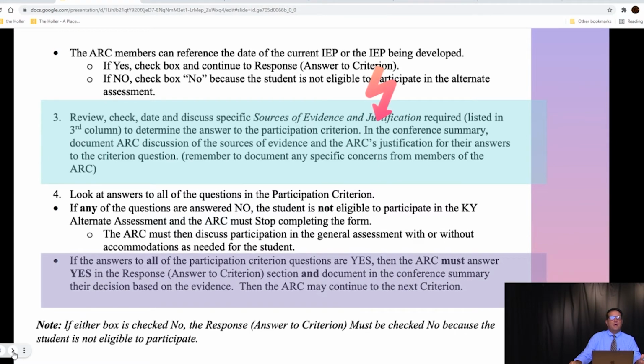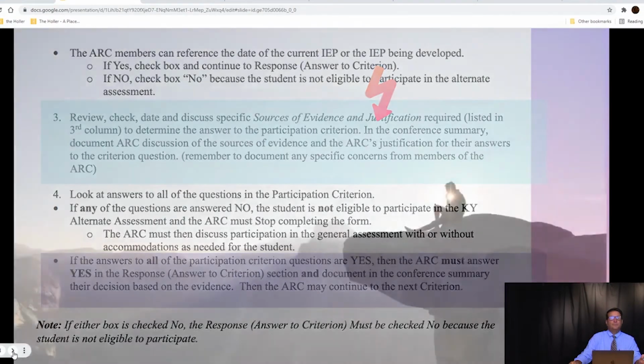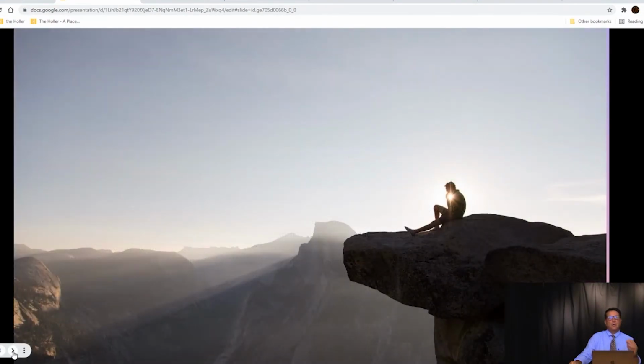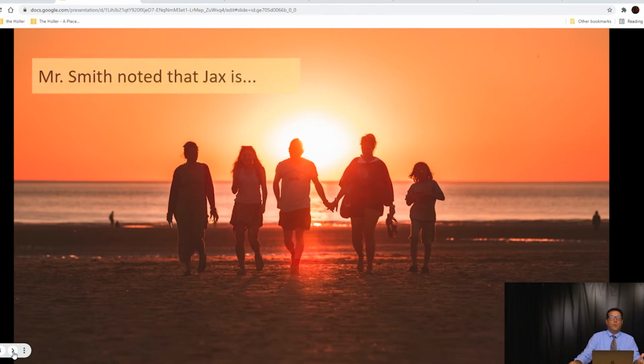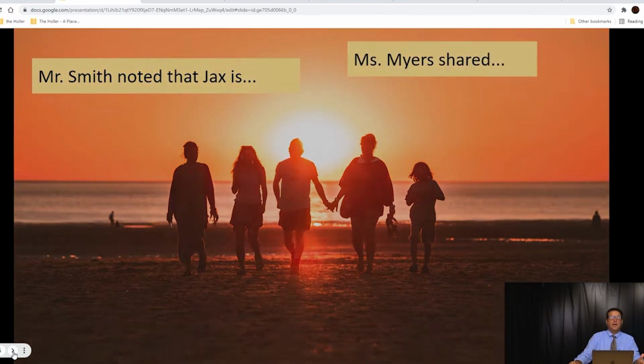If all answers are yes, then we can move on to criterion number 2. Again, no cliffhangers. We want to document in such a way that we capture what we're doing, why we're doing it, and that we have the justification and the evidence to support the documentation. And here again is another